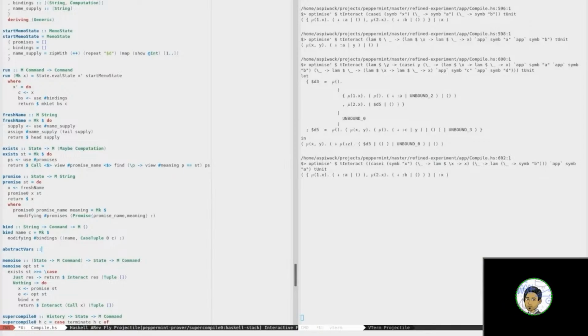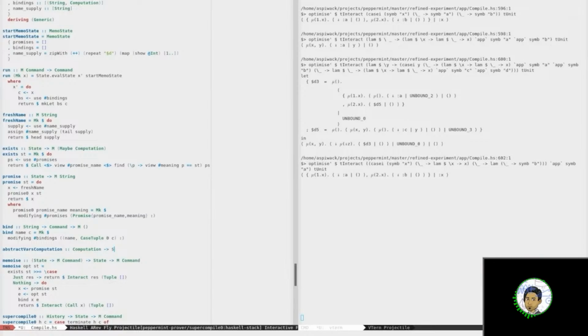It's going to take abstract vars, computation. We need to do that recursively on commands, etc. So it takes the computation, and it returns